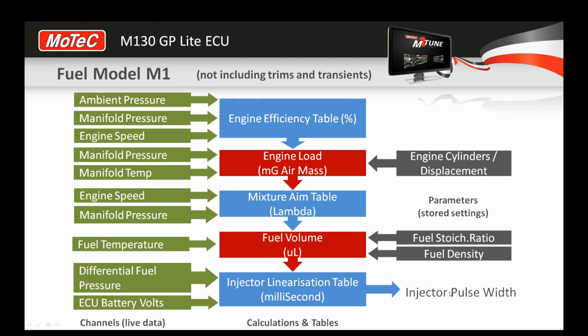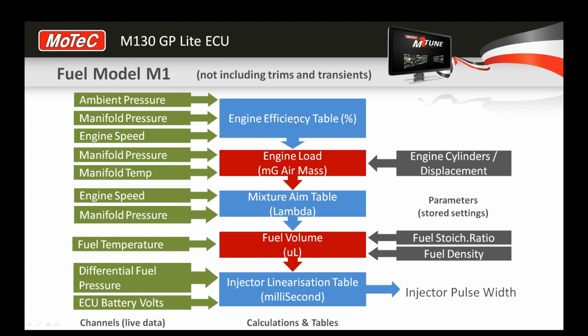So if it was richer, that must mean that the number in the efficiency table was too high. So if we had 100 in the efficiency table, it went through the calculation, delivered what it thought was the correct amount of fuel, and we were at lambda 0.9, which is about 10% too rich, then we would push Q in our tuning table, or we would change our efficiency number of 100 down to 90. This would then make the lambda read correctly, and what that then means is the whole calculation balances,